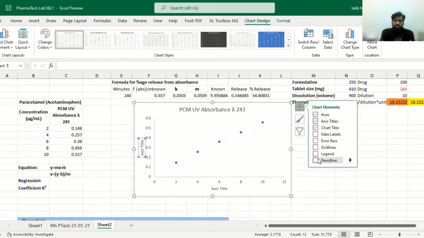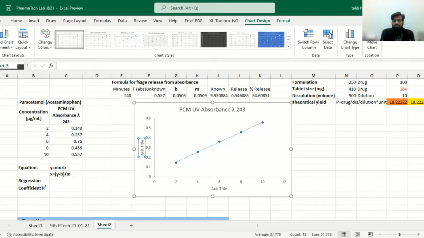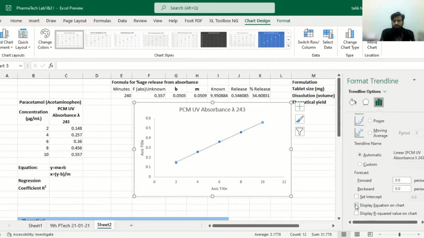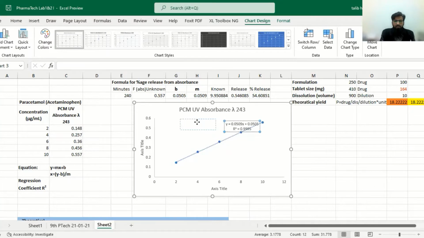We can also draw a trend line, so we check the trend line option, and we can set some options for a linear curve. We can set the equation and R square value on the chart for a linear curve. Here we have selected a linear curve, so it will give some parameters.